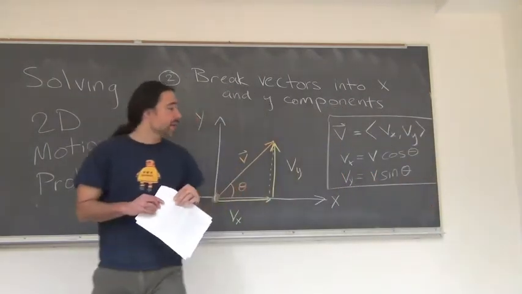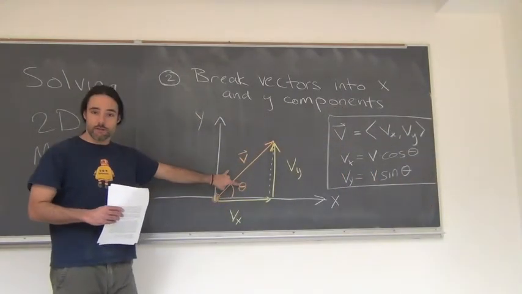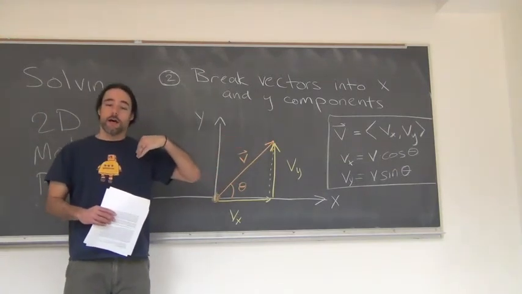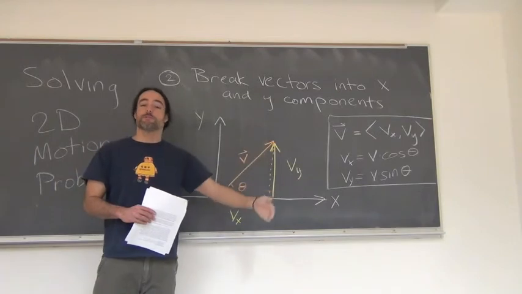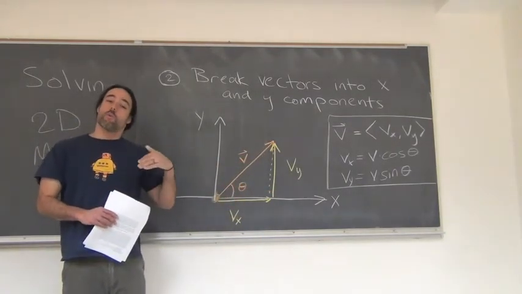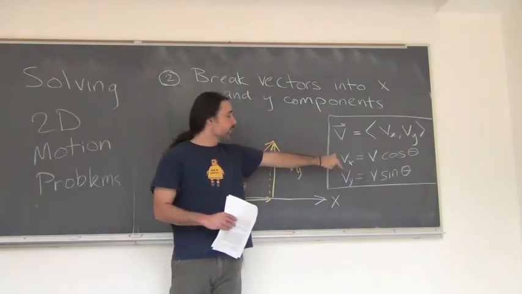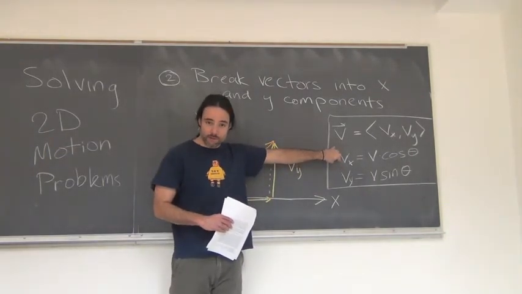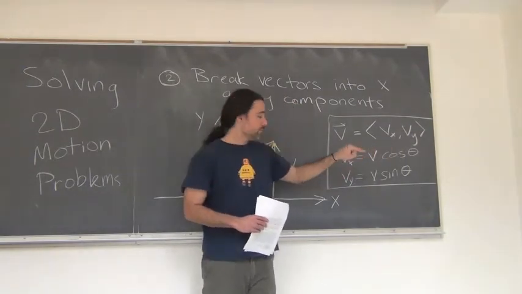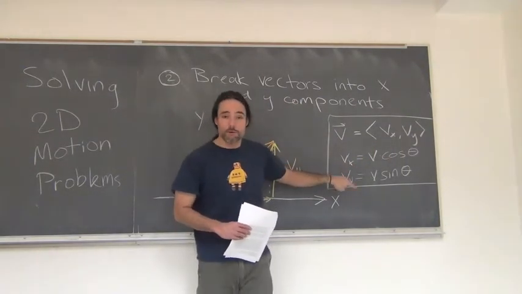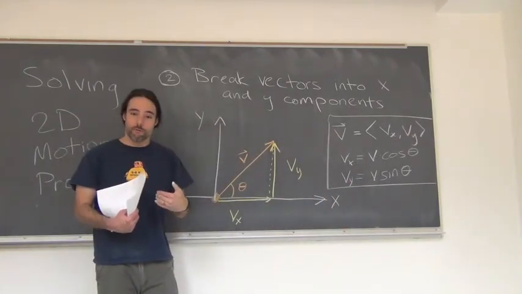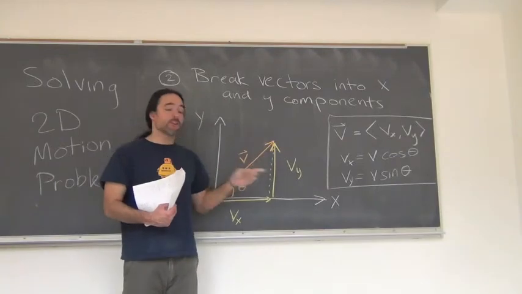So what I've done is I have taken my velocity vector, and maybe I told you the velocity vector is going up at 50 meters per second at an angle of 30 degrees. What I would do is I would break it into components. I would find the x component of that velocity vector just by plugging in the velocity value and the angle. And I would find the y component. Once we've done this, we've broken it into component form, and then I can treat the x and y directions